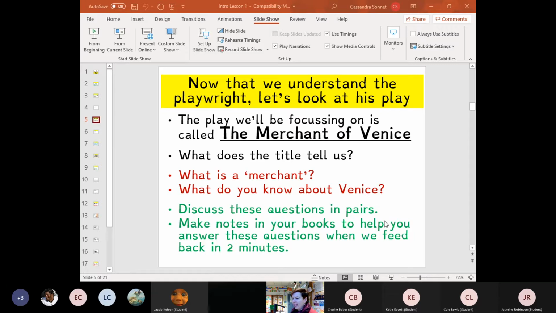Now, Venice is in Italy, as Ella and Ollie say. Yeah, Cole, it's in Italy. Venice is made up of mainly canals. Right, so who can use their brains? If you have a merchant in Italy, which is on the coast and made up of canals, how do you think they get things and sell things? What's the means of transport? Imported on boats. Yes, Sarah. Yes, Jasmine, that is imported on boats.